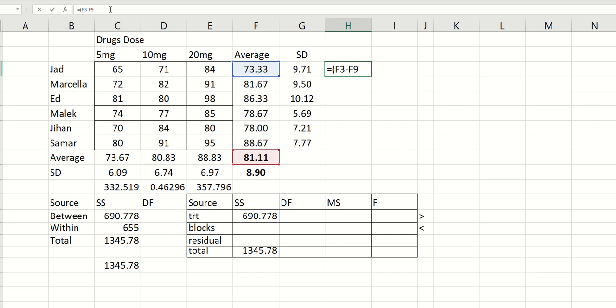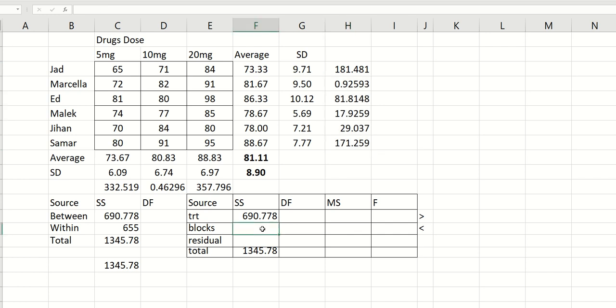I'm going to put dollar signs so that I don't lose it. You square that and you multiply by 3 because I have three observations for Jad. You do that for all of them, and then when you add these, that's your sum of squares block,